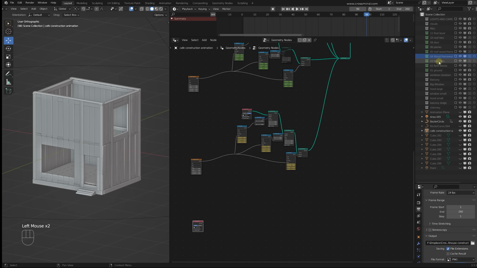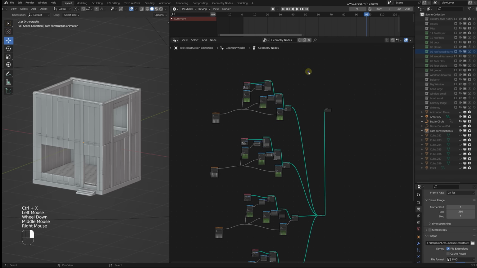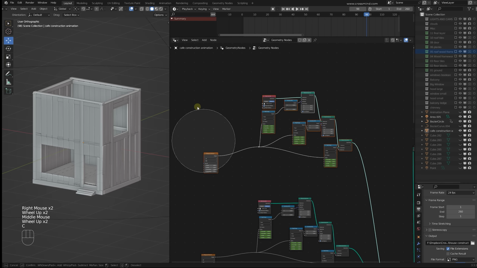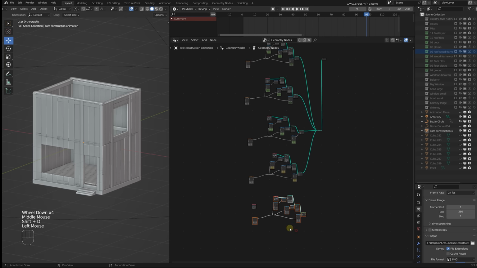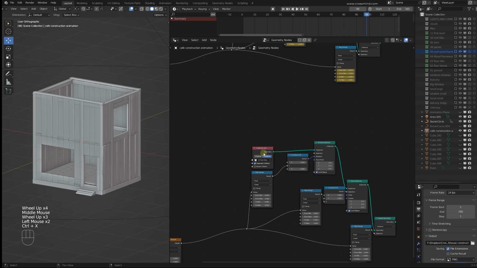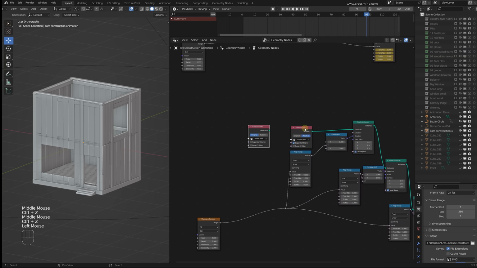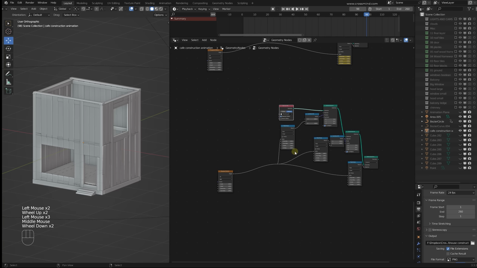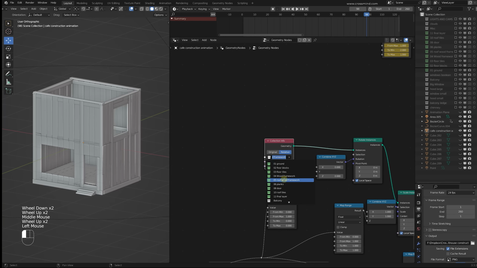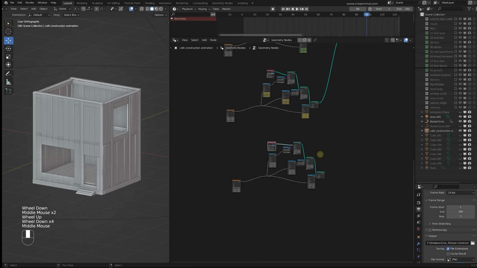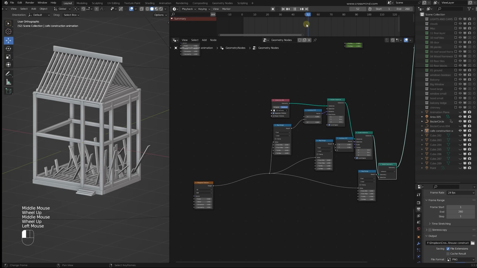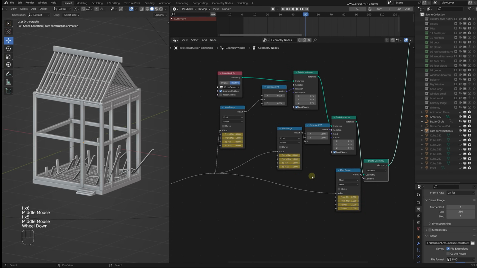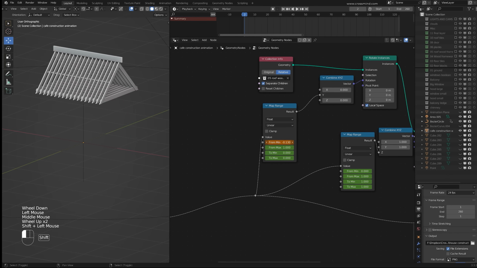Same thing, next collection, roof wood framework. So let's select all of these again, Shift D, replace it with this collection, separate children, relative, or you could simply select the collection from here. That also works. Combine these, set a keyframe for all of these values, and then deconstruct this